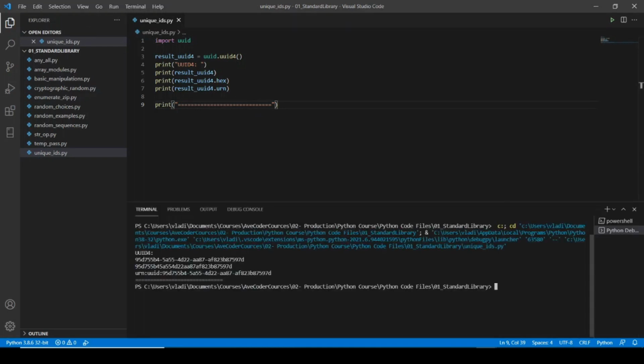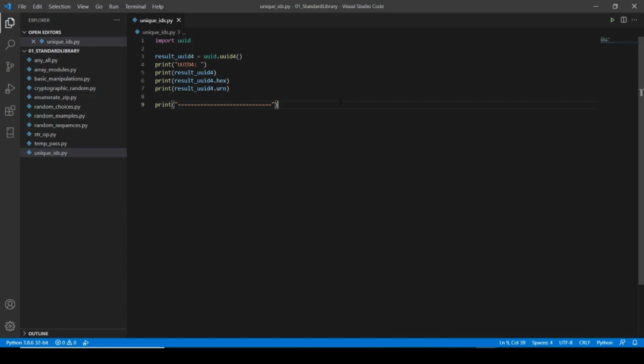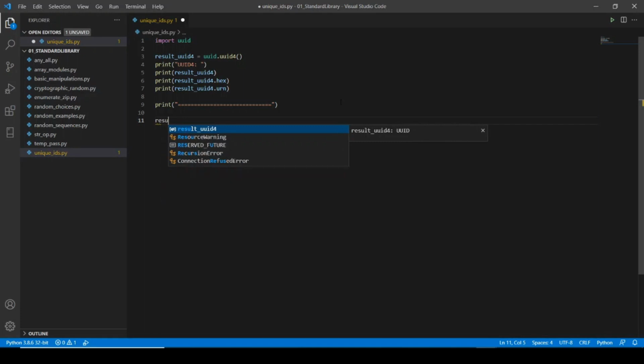Another type of UUID is called UUID5, which generates a UUID based on the SHA-1 hash of a namespace identifier, which is a UUID, and a name, which is a string, rather than using the local system time or other machine-specific information. But please note that this version is not crypto safe. So below the demarcation line, I'll specify another result, UUID, but this time 5, and we're going to be using the